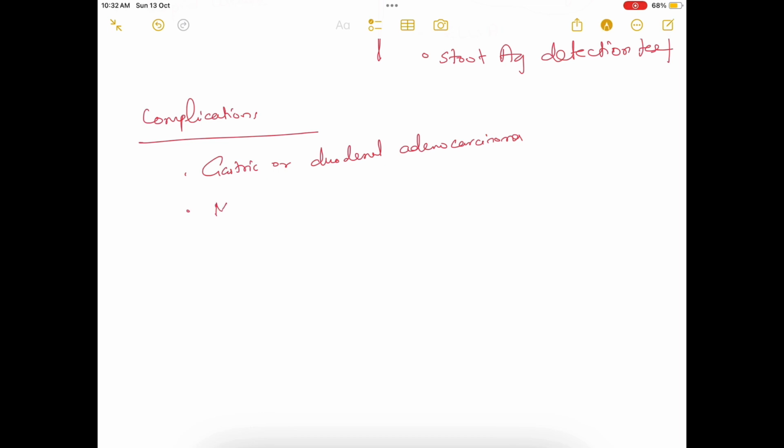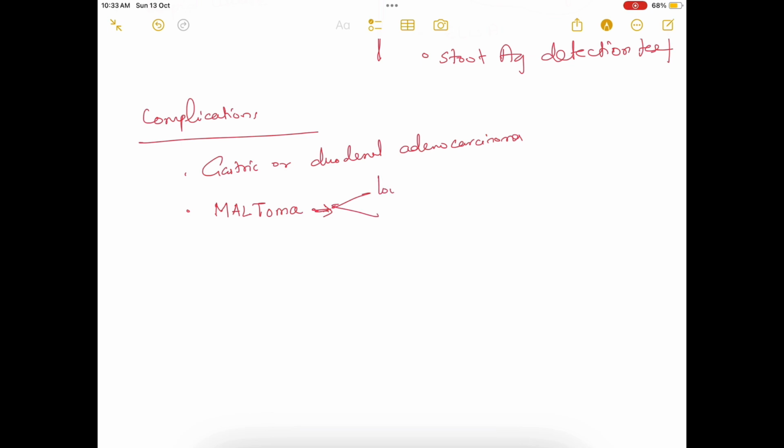Next is maltoma. Maltoma means mucosa associated lymphoid tissue neoplasm. Okay, so basically we know that in the mucosa there is lymphoid tissue in the GIT, right? So for example in the ileum we know that there are Peyer's patches. So if this tissue undergoes a neoplastic change due to this,